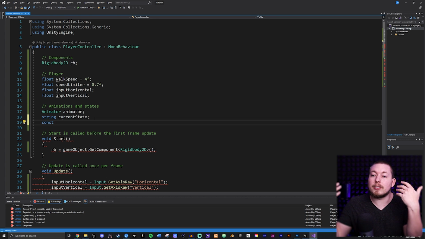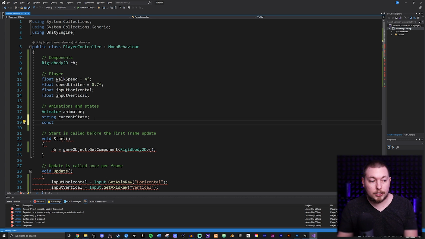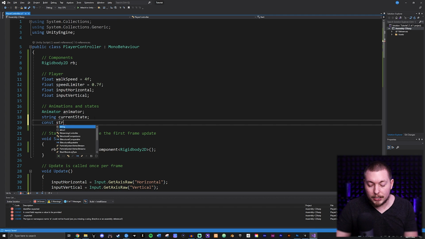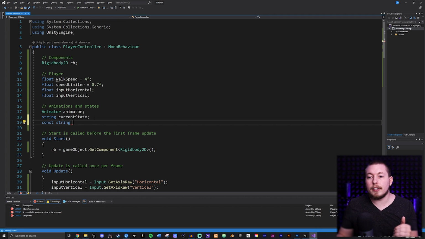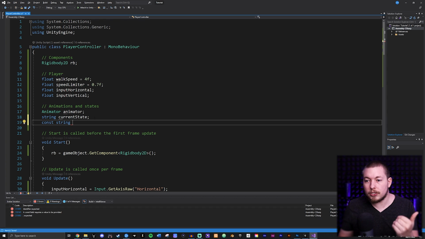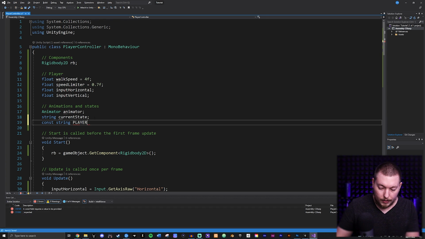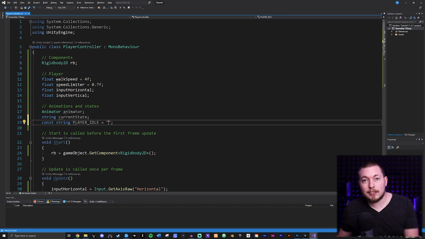So we might as well just make this constant. I'm going to create a constant, and I'm going to say we want this to be a string, and I want to say the name of the actual animation. So right now we have player underscore idle, which I capitalized all the way through because it's a constant. It's just a habit we have inside of C# or any other type of code. And I want to set this equal to a string, which is the name of the state that we added